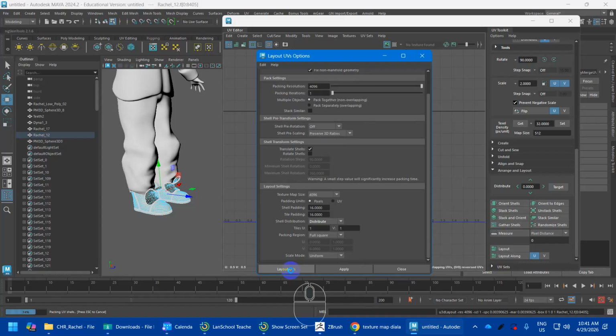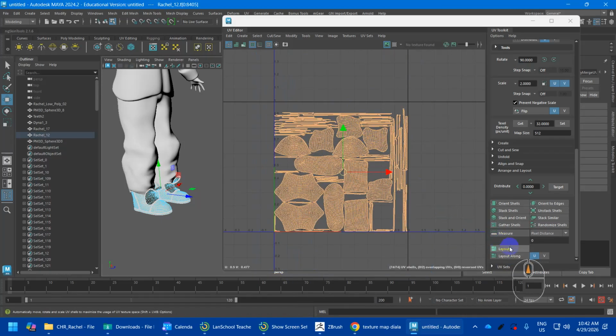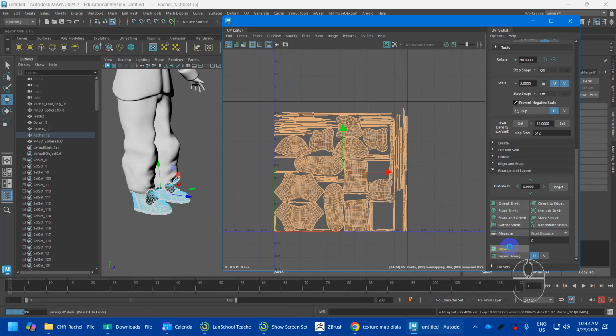So yeah, I think the boots for me will be a very specific sort of leather texture with a certain amount of wear and tear. So I'm going to treat them as one kind of UV shell, or one UV tile and a UDIM, and I'll offset them. Okay, so there everything's like laid out pretty good. I'll try to maybe do one more layout here and see if that makes a difference, but